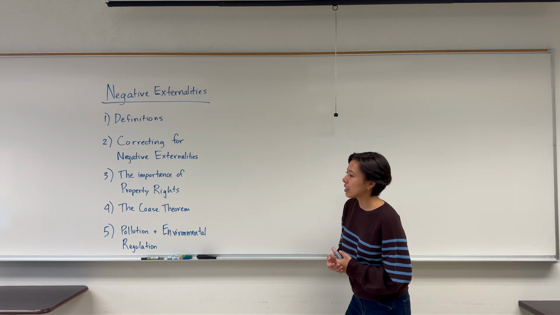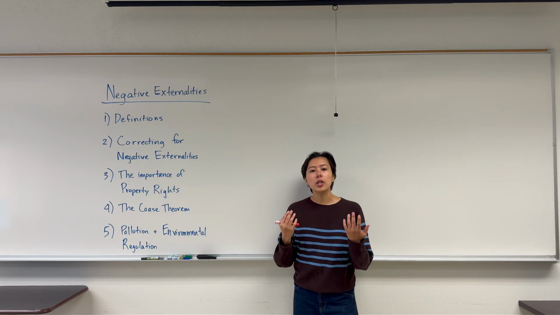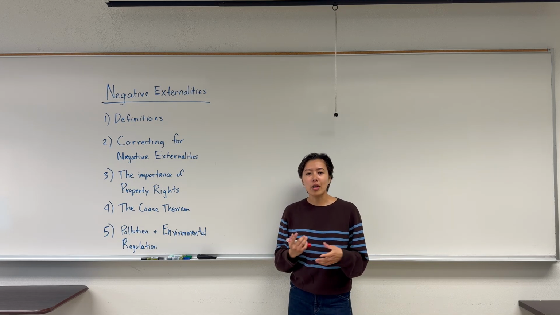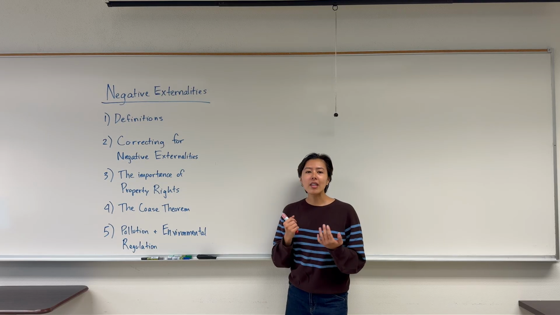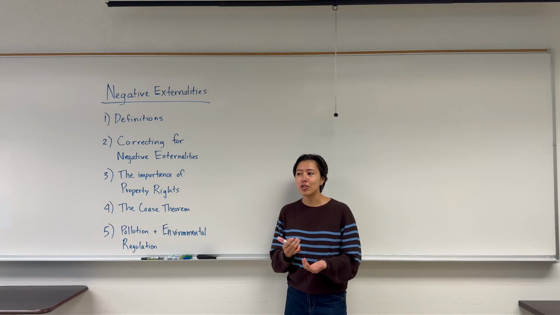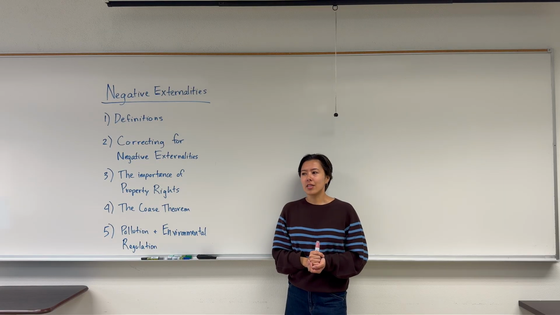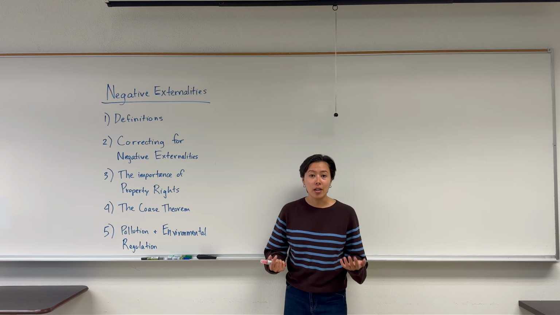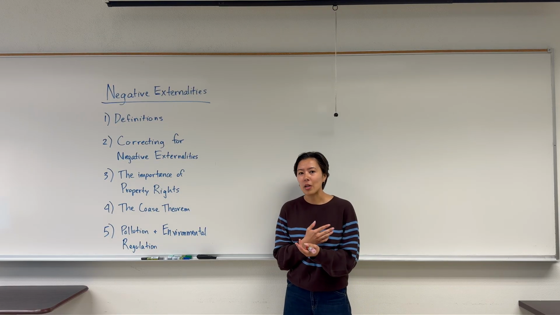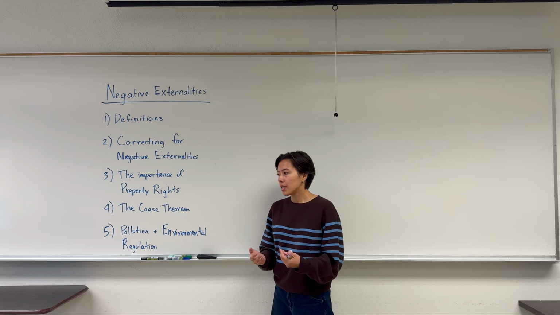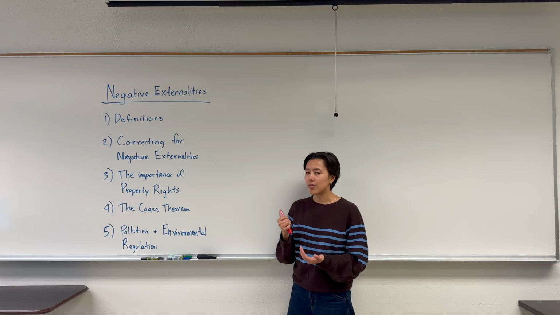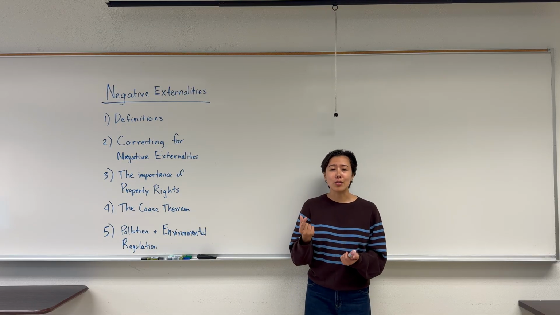Alright, so first what we're going to do today is I want to start out with a question before we get into the outline that I have here. So my question for you is, what is the optimal level of pollution? Now, I know this sounds like a funny question because we might think, the ideal level of pollution is to have none, right? If pollution is harmful to us and to the environment, why don't we try to get rid of it completely? So maybe your answer is 0, but it's very difficult for us to achieve zero pollution, right?